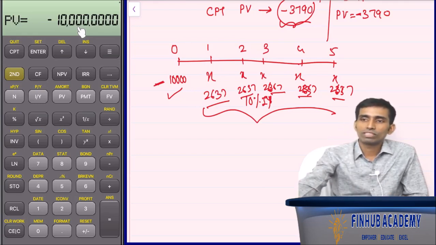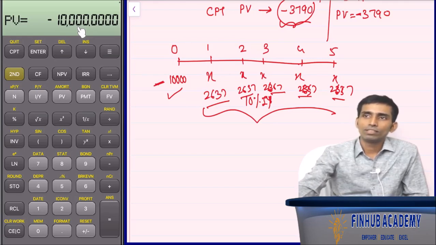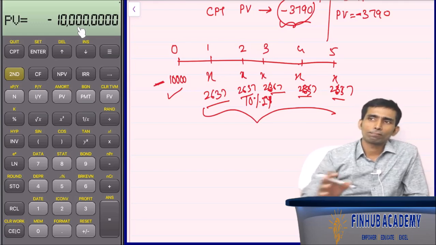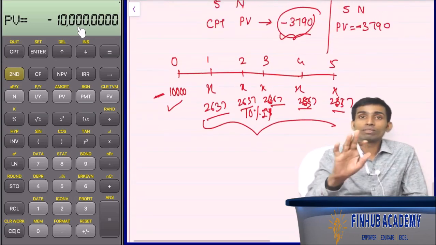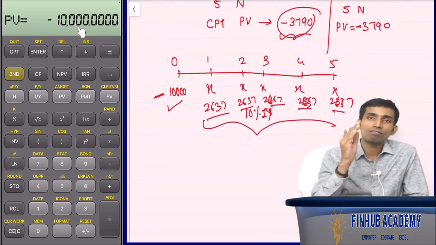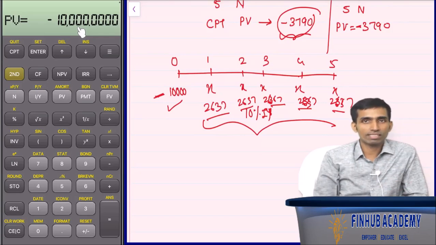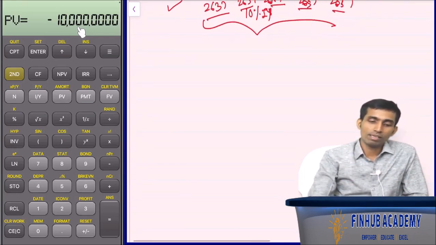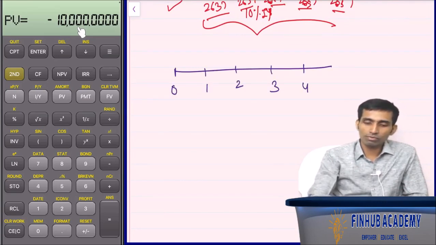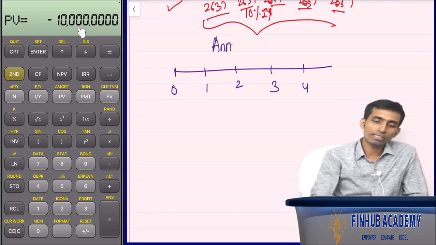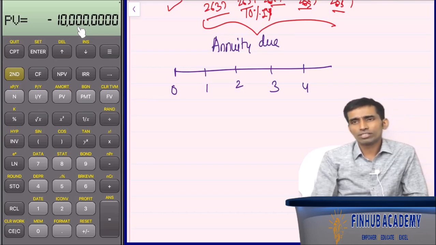Now let's move to another part. Since you can do this, now one important part. We assumed here that the installment is starting from the first period, that PMT is starting from the first, correct? It is called ordinary annuity. But there may be an investment where the installment starts as of today. Then it is called annuity due. Now to solve the annuity due,